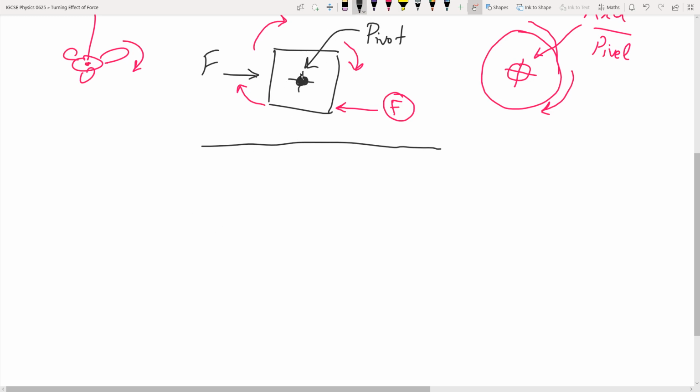So in this case, this force created a rotational effect, right? Now this is what we call the moment of a force. Now another example would be a spanner. Let's say we have a nut, right? And we use a spanner, right? Here's a nut. We use a spanner to